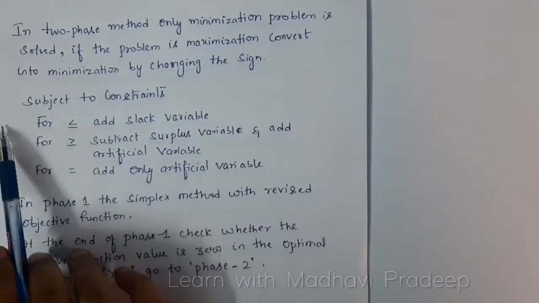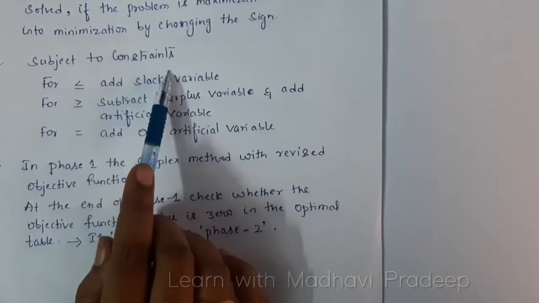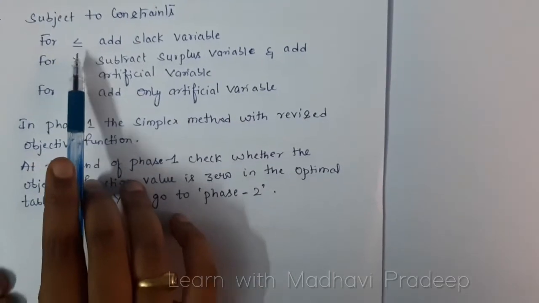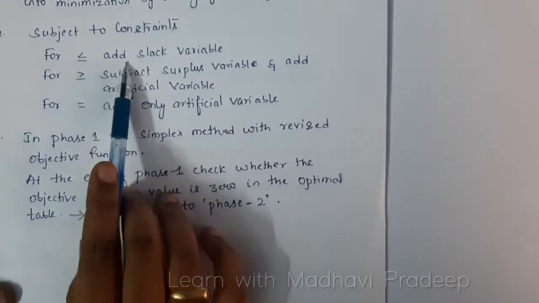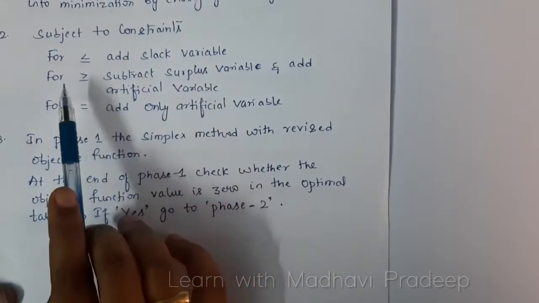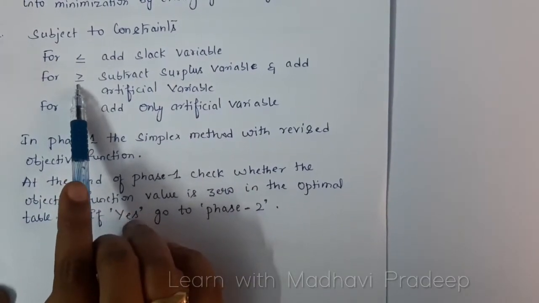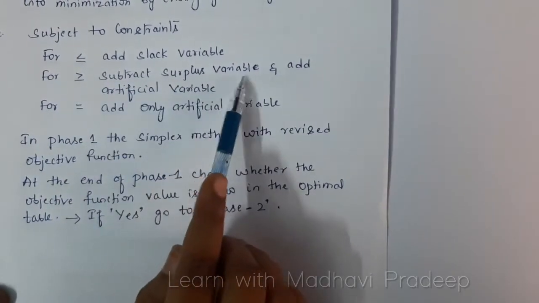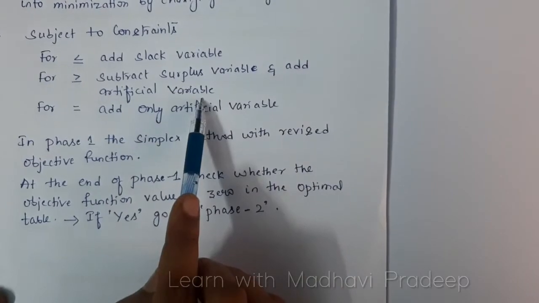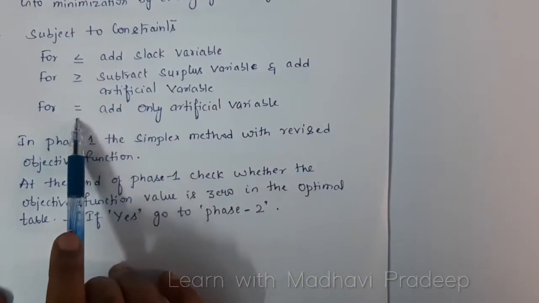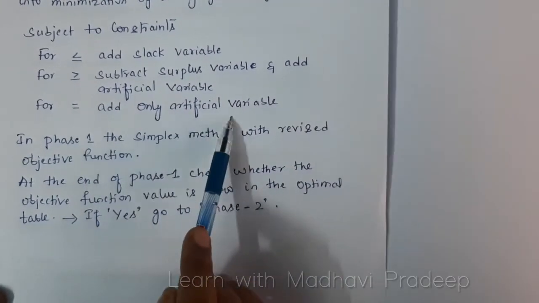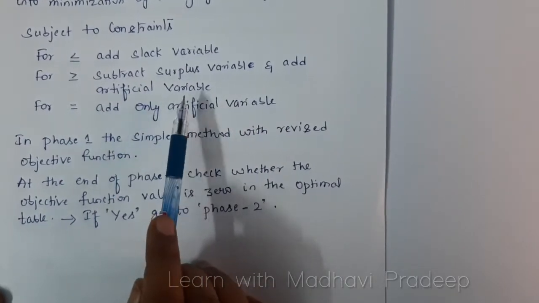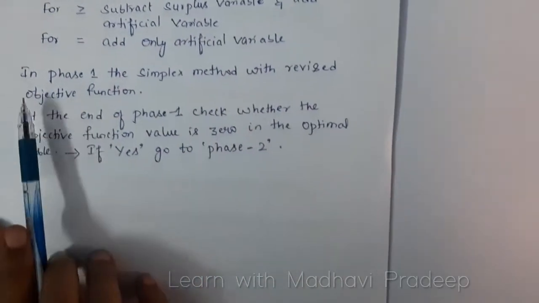The second step is the constraints. For the constraints, if the constraint is less than or equal, then add a slack variable. If the constraint is greater than or equal, then subtract a surplus variable and add an artificial variable. If the constraint is equal, then add only the artificial variable. This is step 2. Then step 3, in phase 1,